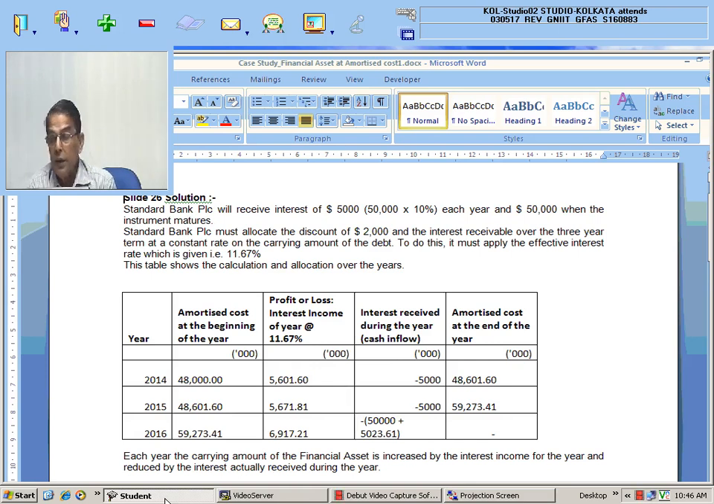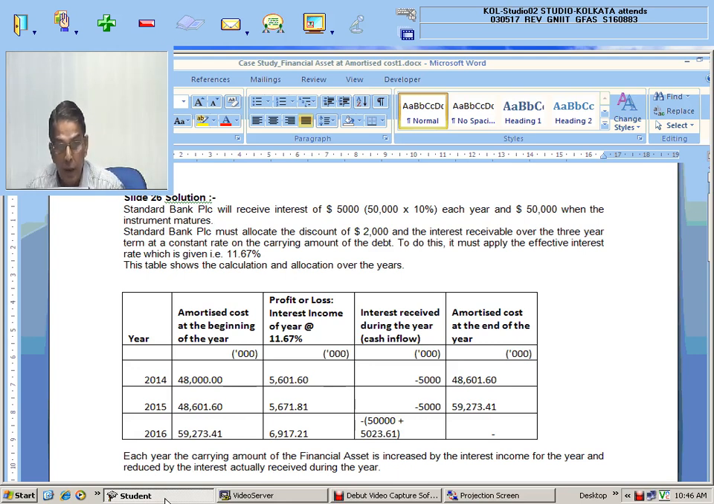Then the amortized cost at the beginning of the second year, that is 2015, is 48,601.60, and profit and loss or interest income on the amortized cost using the effective interest rate is 5,671.81, that is 11.67% of 48,601.60. But actual interest received during the year is 5,000. So the difference, 671.81, adds to the amortized cost, and the amortized cost will now become, here the calculation is a little wrong,